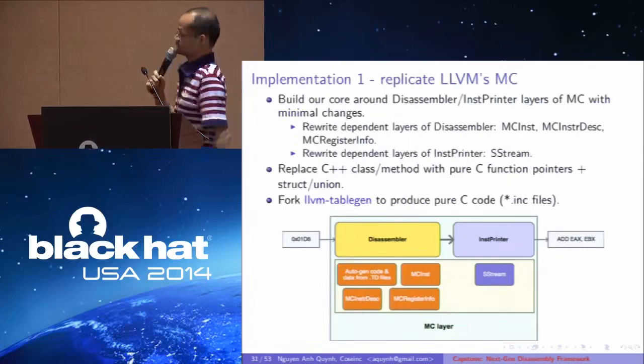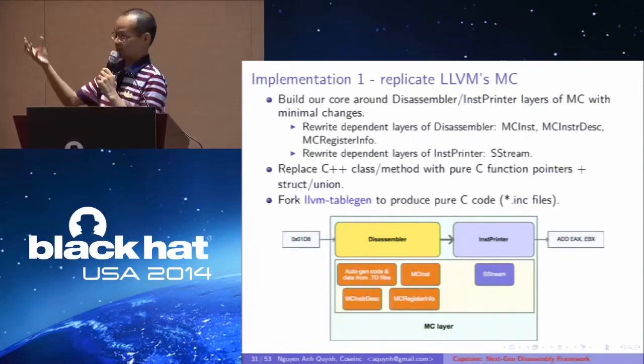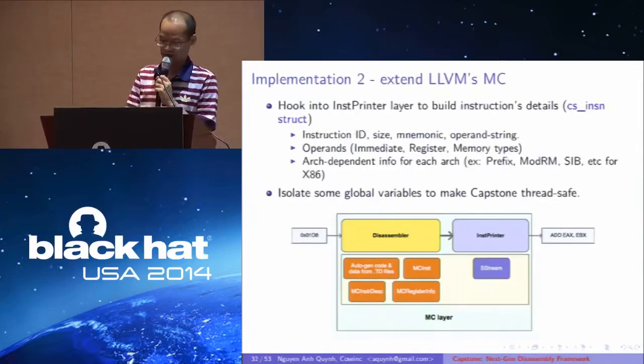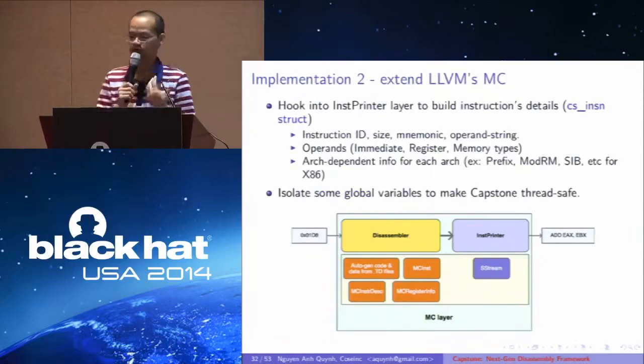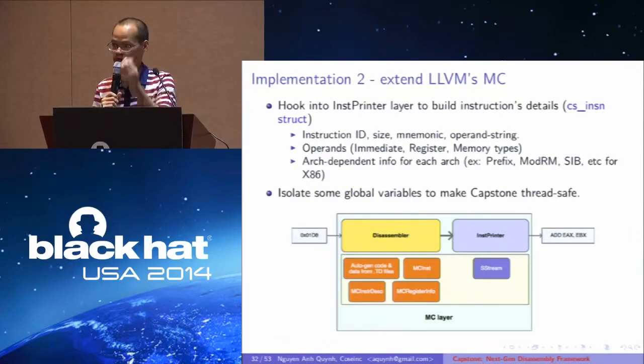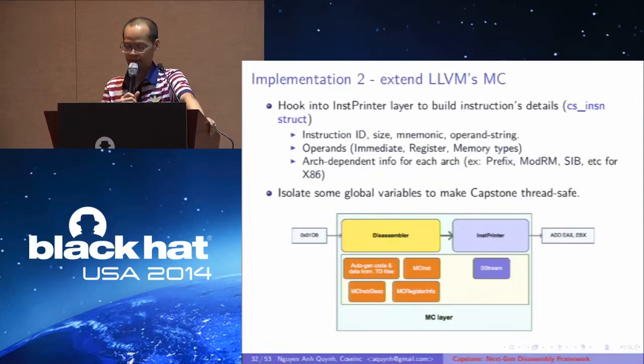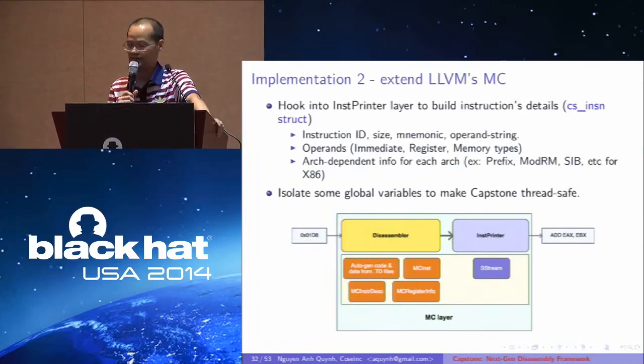Okay, so after this stage, we have the assembly as output, given the input. But that's not enough because we still need to provide the instruction details, to break the instruction into many details. So how to do that? What I did is that I hook into the printer layer, and my hook will build the instruction details for me, and my code will put the details of the instruction into the structure named CS_INSN,